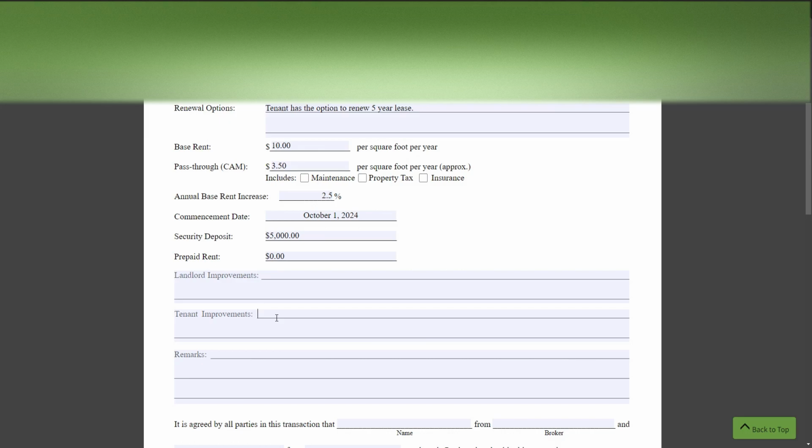I'm not going to really write too much into these improvement areas, but if you're a member of our brokerage or you just want further information, you could reach out to us about what you're looking to do as far as the renovations, because a lot of times with commercial and retail spaces, the tenants are going to renovate it, whether they're changing it from retail to a restaurant or food and beverage or vice versa. There's usually some type of renovations involved, and then it gets deeper than that.